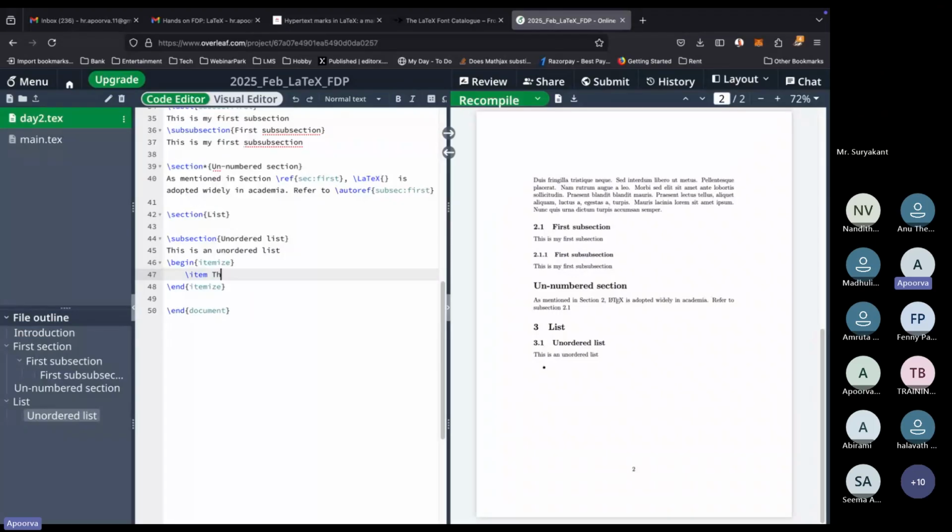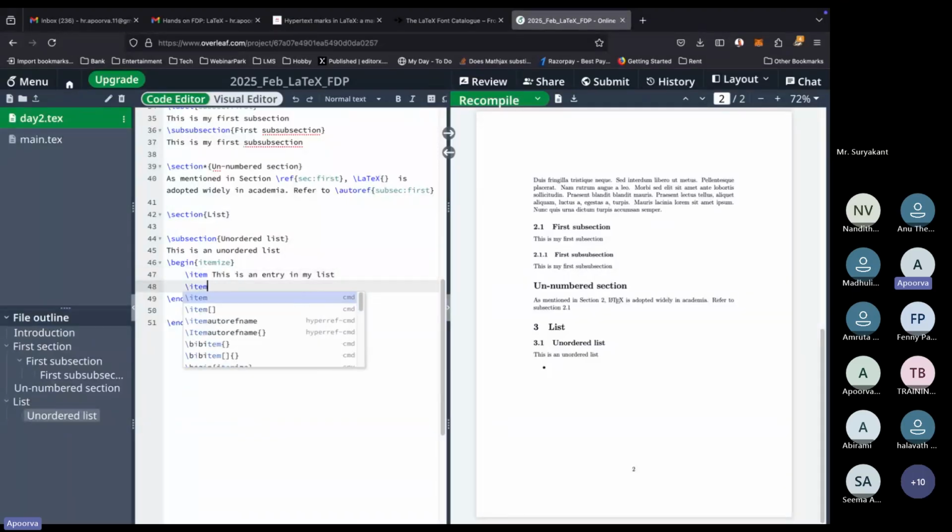Say this is an item. Okay, this is an entry in my list. Okay, so I'm done with this entry. In order to generate another bullet point, I need to say backslash item,